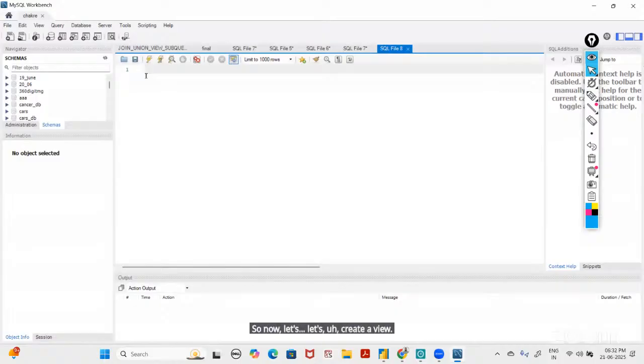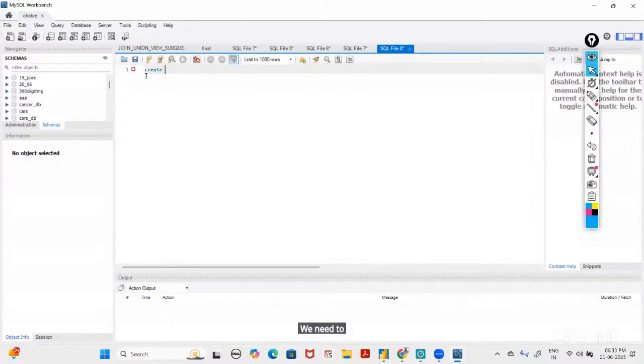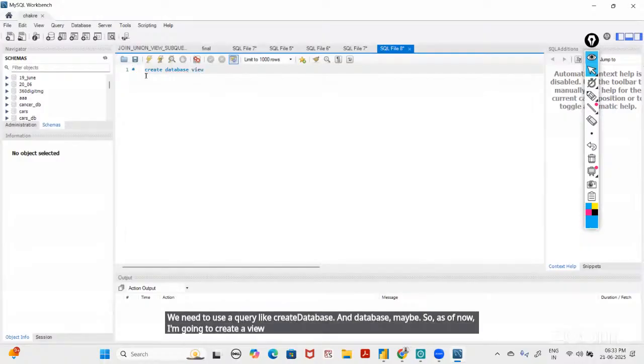To create a view, first of all, I need a database. We know that to create a database, we use a query like create database and the database name. So as of now, I'm going to create a database and name it view. Once I run this line,